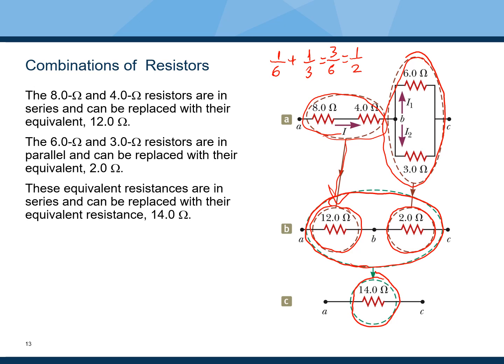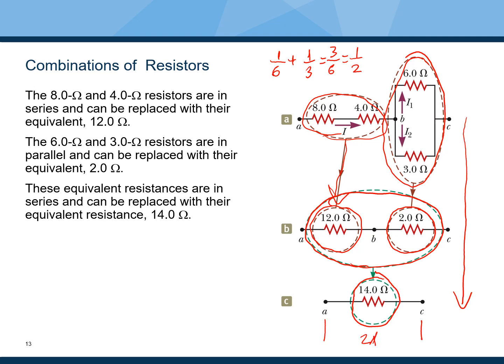Then the next part of the problem, so we see that we have to always go ahead and work our way through going from the more complex configuration to the less complex configuration, sequentially using our rules for series and parallel combinations of resistors. Now, the next part of the problem, we're told that we have a voltage of 24 volts